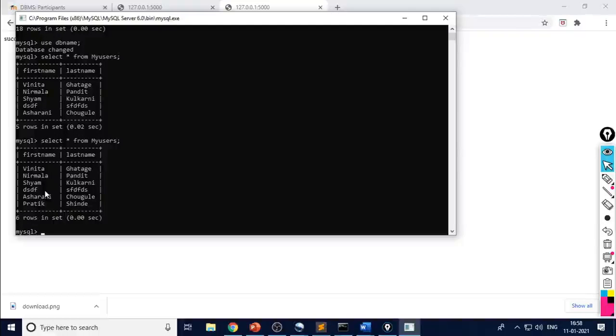So by using this, we can write an HTML script, we can write a Flask script, and we can connect MySQL with Flask. We can transfer data from my HTML to MySQL. So many operations we can do here. We can delete that record, whatever data we entered in MySQL, we can delete it, we can edit it, we can display it in report format. So whatever type of operations you need in your project, we can do it with the help of this. Only we have to change the queries.